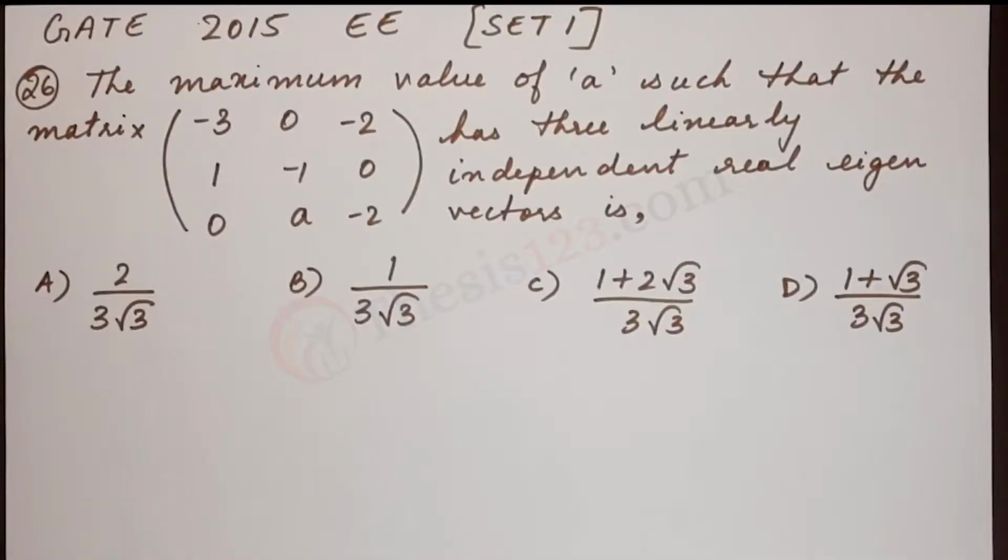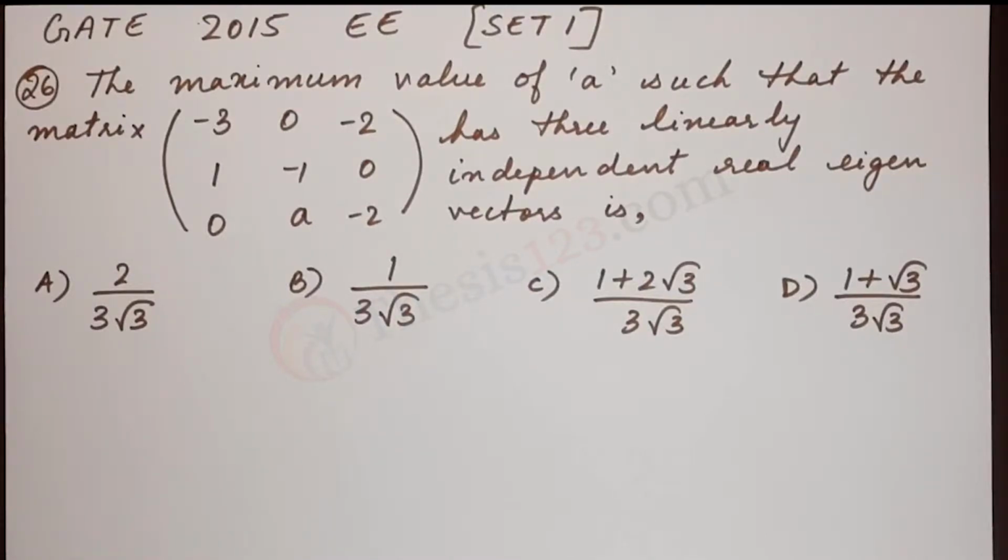Here's the next question, number 26. The maximum value of A such that the 3 by 3 matrix with rows -3, 0, -2; 1, -1, 0; 0, A, -2 has 3 linearly independent real eigenvectors is... so we have our 4 options. The 4 options correspond to the value of A. So let's try and work it out